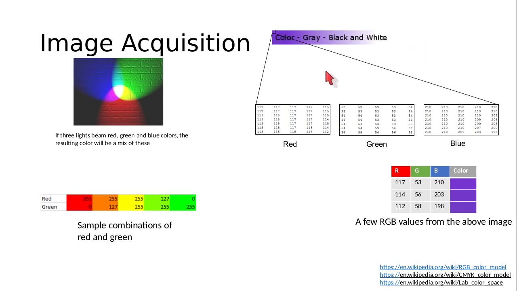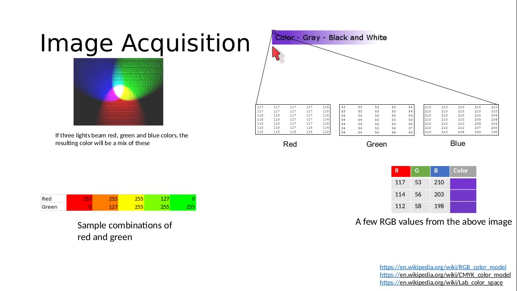Now what would the scanner give you as output? The scanner would give you as output a matrix that in turn contains 3 matrices, and this matrix may be stored using different data structures. Again, a TIFF image would store it in a specific data structure, JPEG would use a specific data structure, and so on. We are not going to go into those details in this lecture, but what ends up happening essentially is you have this data, right? You have a matrix that is containing values between 0 to 255.